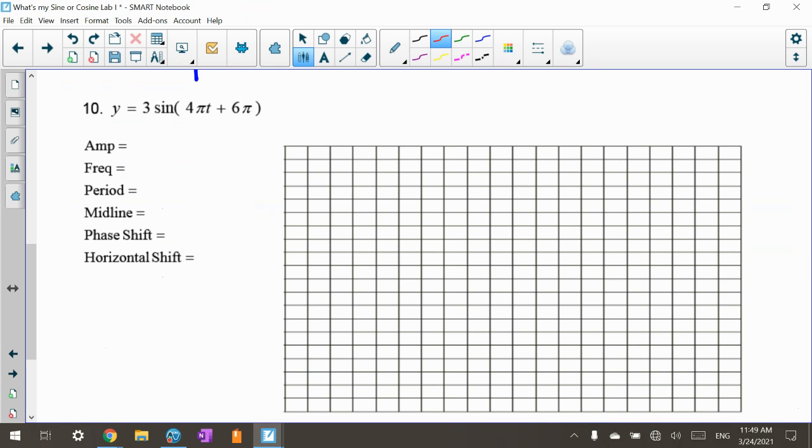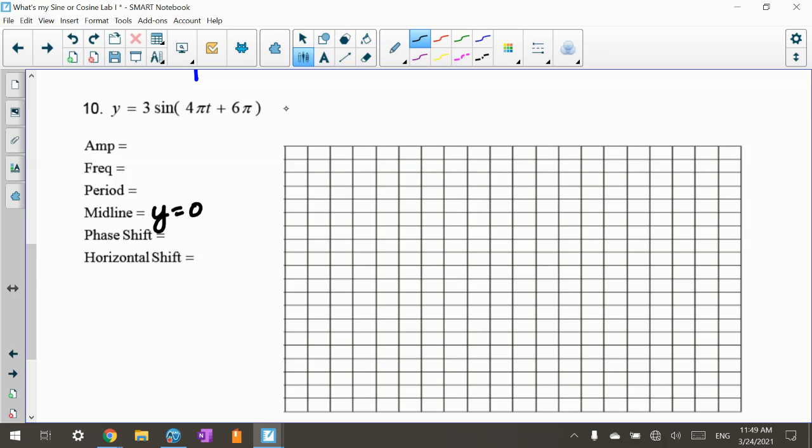Okay, this is pre-calculus. What's my sine cosine? Last video, and these last two, 10 and 11, for the graphing portion have horizontal shifts, and these last two are pretty interesting. So the first thing I want you to do is I see that there's a horizontal shift. There's no vertical shift because the midline looks like y equals 0, because I'm not adding or subtracting